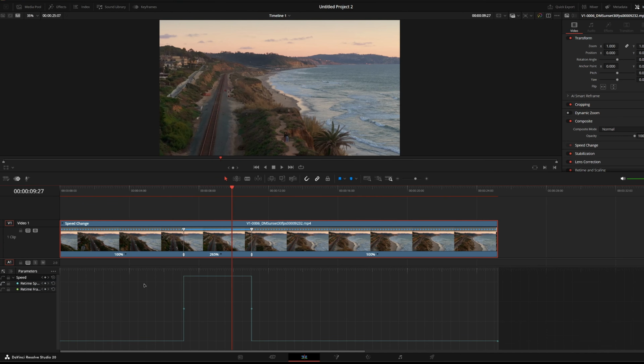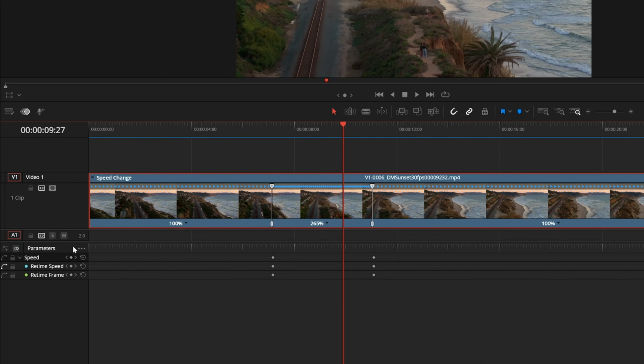It's not called that anymore. It's now keyframes panel, on and off. You can turn the curves on and off. You can pick what you want. By the way, the only thing I've changed on this clip is the speed, but over here by parameters, you